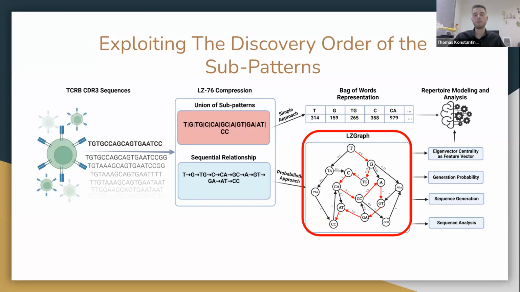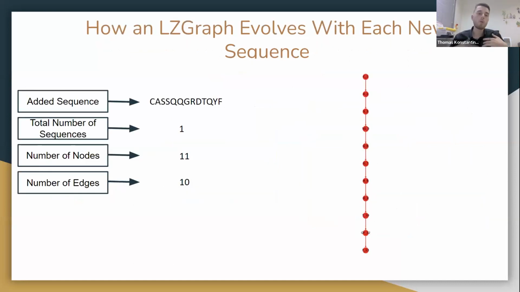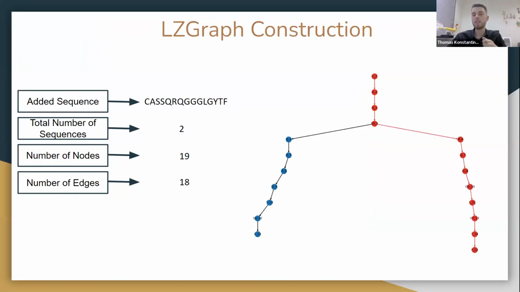So having this graph, how can we even imagine such a graph growing when we insert sequences into it? The first sequence inserted into a graph would be a simple path, which is not so surprising. But when we start inserting another sequence, we see that a common stem forms between the two sequences, which again, for most of us, isn't a big surprise, as we know most CDR3 amino acids in T cells start with the CAS. So we see the CAS stem forming between those two paths.